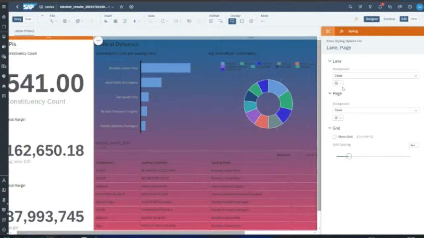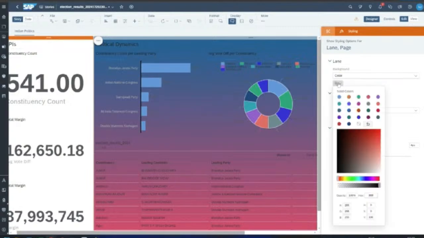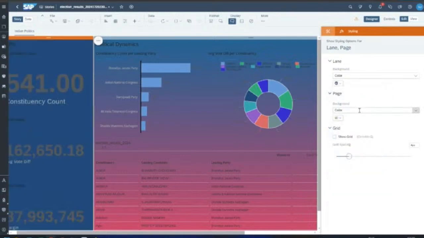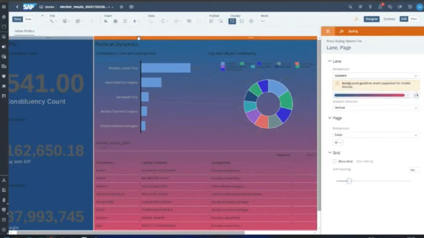Similarly, on the left hand side, I will go back and change the color to normal, and then I will change the page color to a bit of dark color like this. And now on a dark background, the white foreground color looks much better. So we go to preferences.